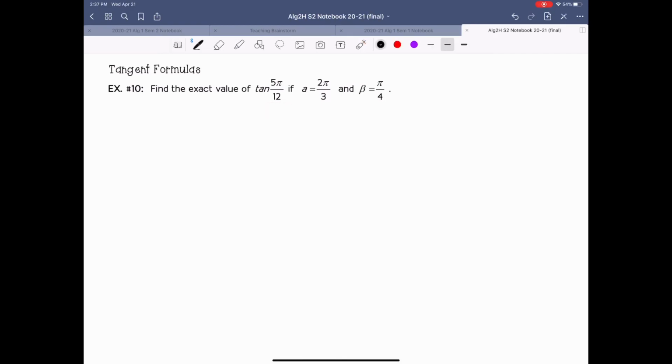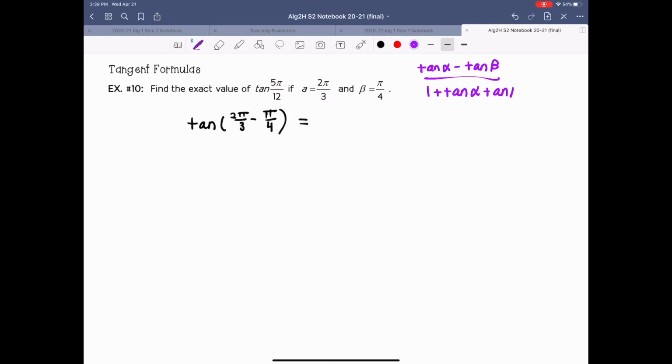So what we're looking at here is the tangent of 2 pi over 3 minus pi over 4. All right, so let's go ahead and use the tangent formula here. If I look back at the first page, because I haven't used this one yet, so I haven't memorized it, looking at the tangent formula for the difference, we are going to be looking at tangent of alpha, let me write this down for you, minus tangent of beta, all over 1 plus the tangent of alpha times